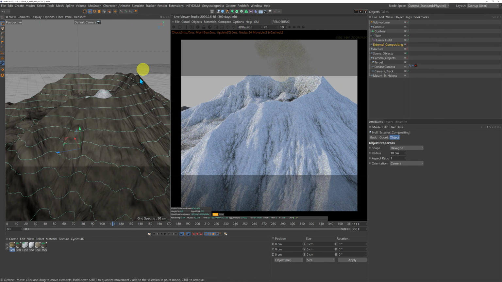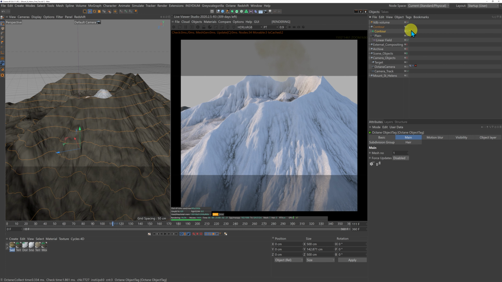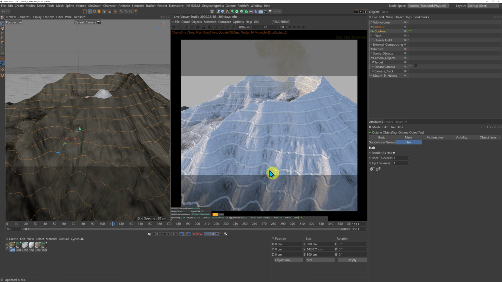First of all, we need to make this visible in our viewport here. I'm going to right click on the contour fracture object, come down to Octane tags, and add an object tag. Because it's splines, we automatically get this hair tab in our object tab. I'm just going to switch this on, which is render as hair, and there we go, we got